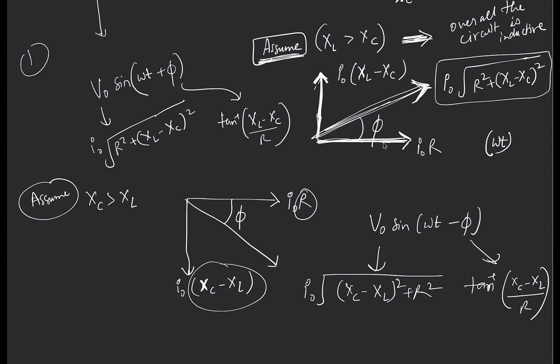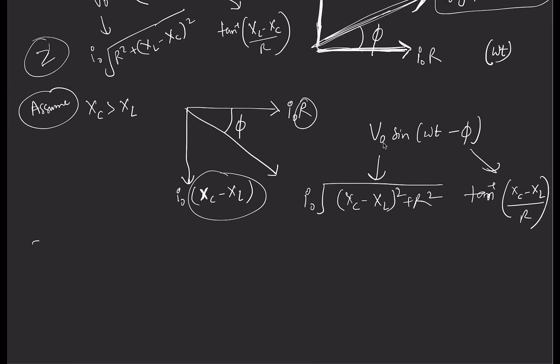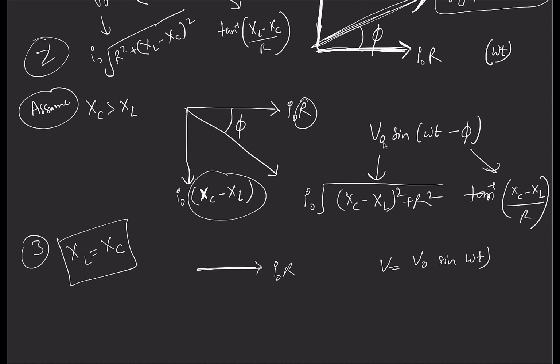So these two cases are obvious, but if XL is equal to XC, it becomes a pure resistive circuit, because you can see if XL is XC, the y components cancel out and only the x component remains. So V is equal to V naught sine omega t. That's it. V naught would be simply I naught R, because the y components cancel out. The resultant is simply I naught R, and phi is also 0 because V is in the direction of the resultant, which is omega t. So this is our reference, omega t.